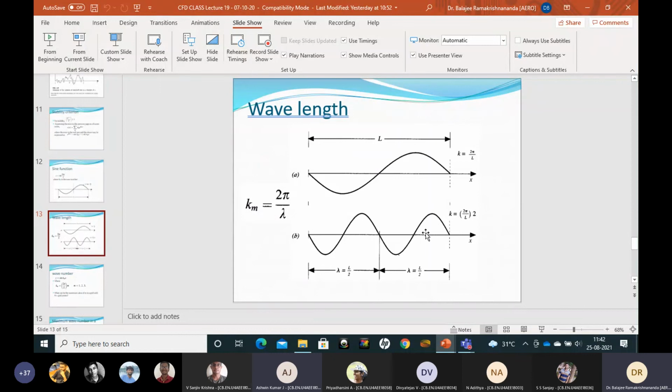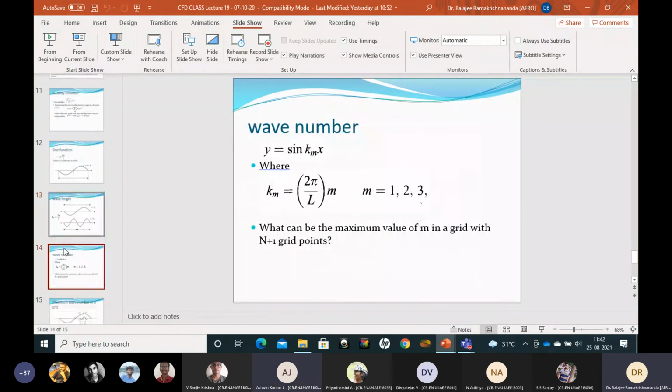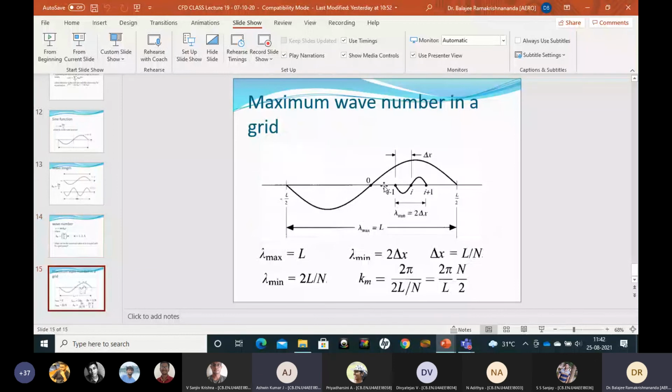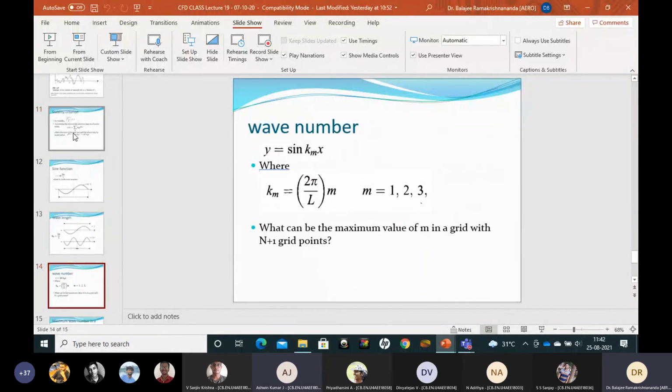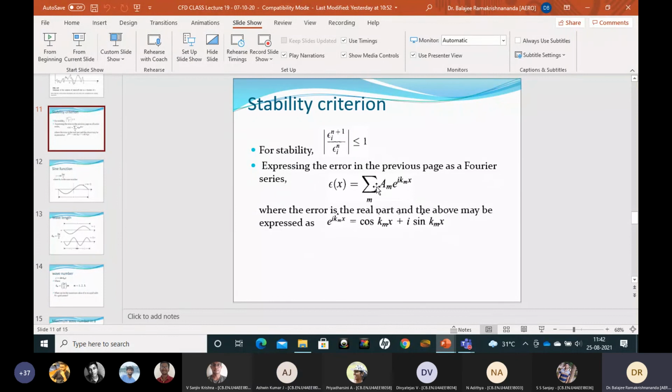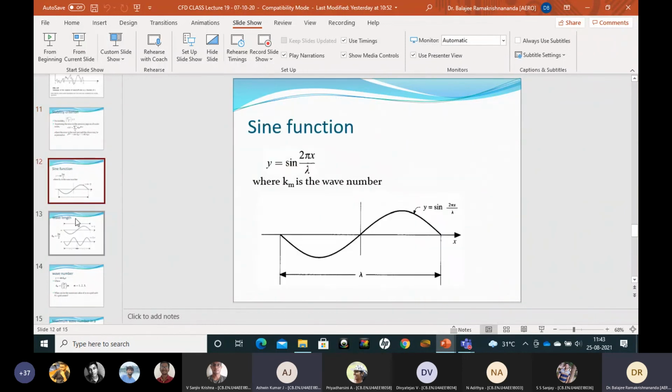If you divide it into 100 points, you want to say what is the smallest wave you can put there. So in this sigma, suppose m you are getting as 25. It is pointless to go more than 25 with this grid. If you go for 26 and 27, such errors will not be captured by this grid at all. So you'll get an idea of the smallest possible wave with this grid. So the maximum Km, where you can stop to represent this error, you will know.